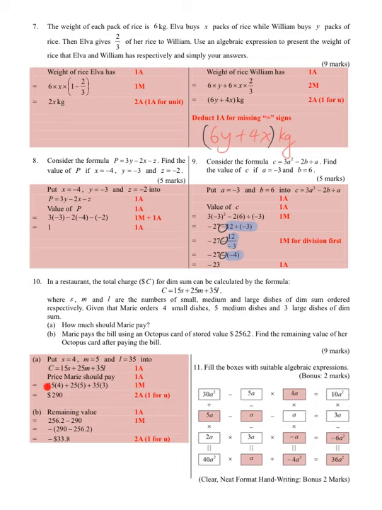And you have the steps with the values being substituted, the 3rd mark, and 2 marks for the answer. 1 of them for the unit, 1 of them for the value. Part B. So Marie pays the bills using an Octopus card of initial value after paying 290. So the remaining value will be calculated by subtraction, 1 mark, heading 1 mark, and the correct answer with the unit, 1 mark. Again, pay special attention if you write $ sign